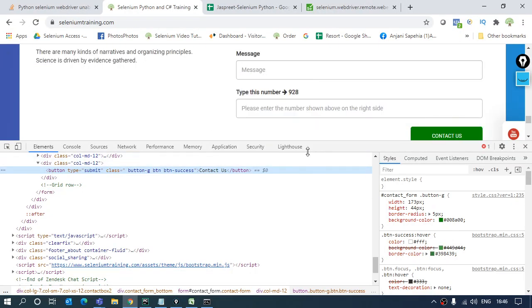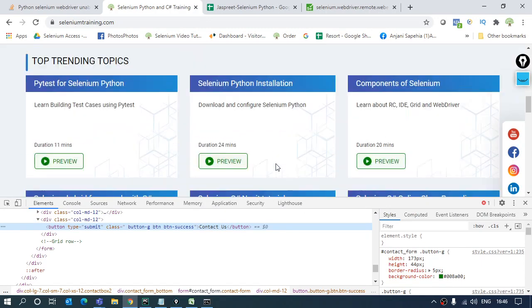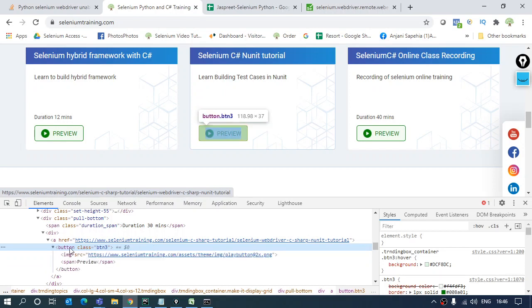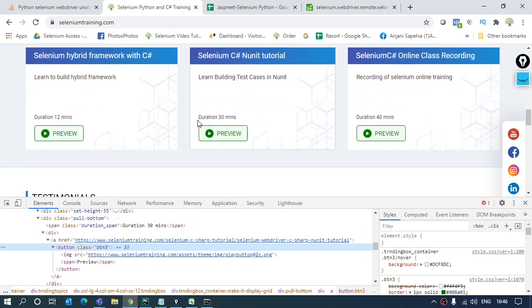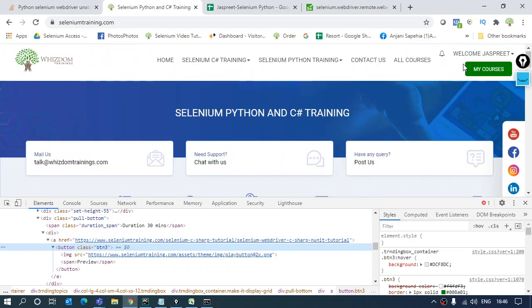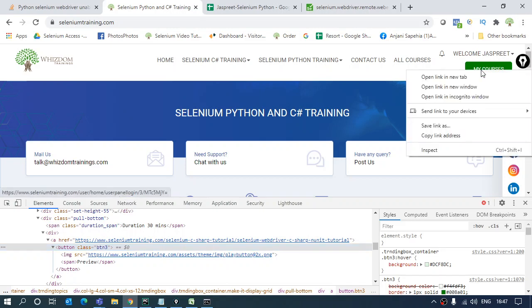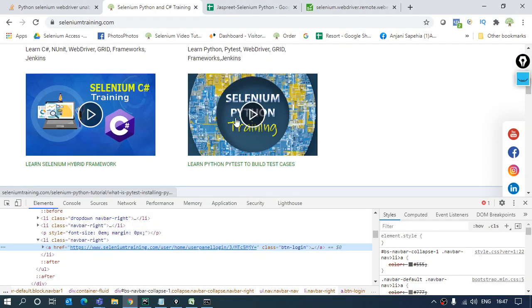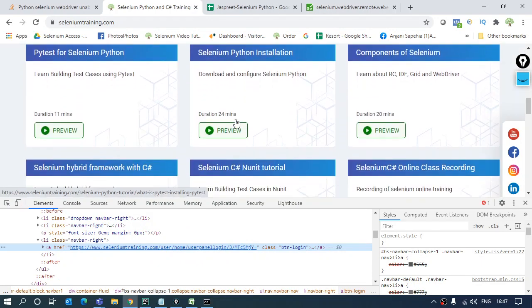If I look for another button on the page, let's say this, it's a button again. Again the tag name I have. If I go inside it, it is an image and then it's being clicked. So over here the type attribute is not given because it's not submitting any form. Where there is a form, like over here, it will also not be the type, it's a link over here, but usually you will find the type as submit.